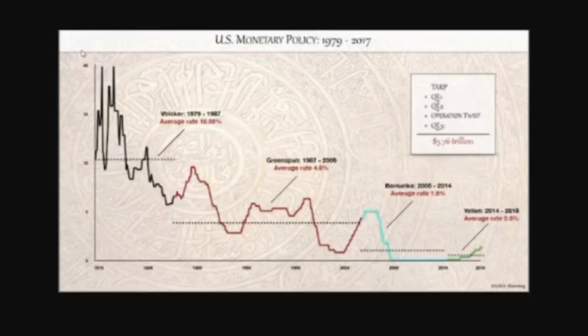And this last chart here shows the U.S. monetary policy from 1979 through 2017. And if you can't quite make it out, I'm going to read it here for you so that you understand. And basically what's happened here is each of the Fed chairs during their tenure, their average Fed rate was calculated. With Volcker from 1979 through 1987, the average Fed funds rate was 10.55%. With Greenspan from 1987 till 2006, his average rate was 4.8%. Ben Bernanke from 2006 to 2014, his average rate was 1.5%, and with Janet Yellen from 2014 to 2018, her average rate was